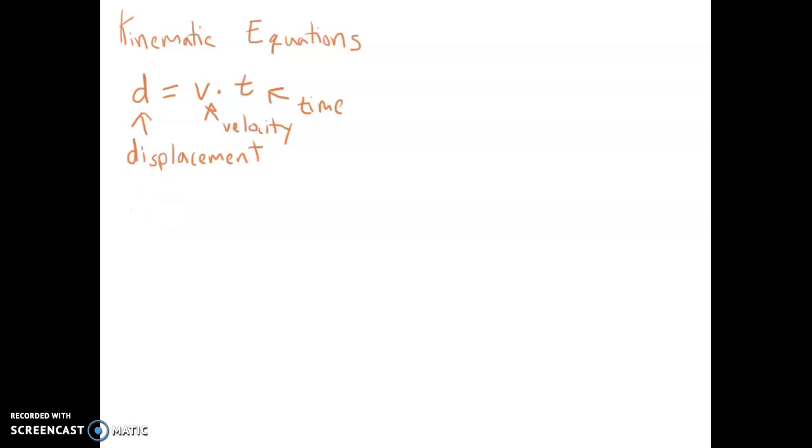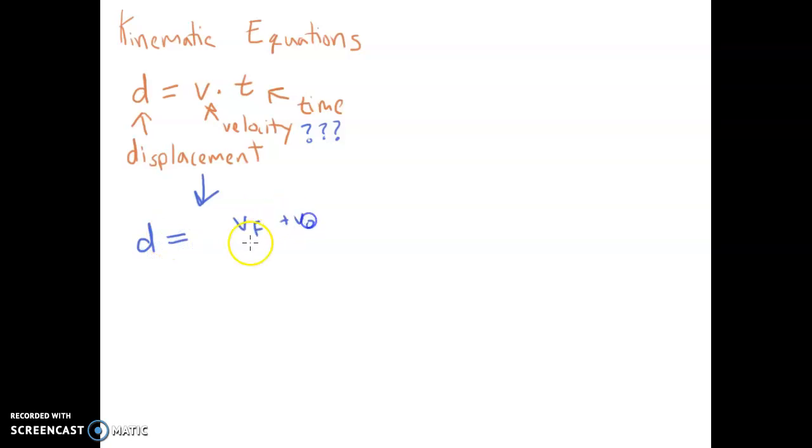Okay, and in some of our questions, we'll actually have a velocity that changes, right? Because we have acceleration. So when we have that, this equation is a little bit ambiguous, right? Like, what velocity is this? If our velocity is changing, which velocity should I put in here? And it turns out there's a better form of this equation, which I'm going to give you right now,